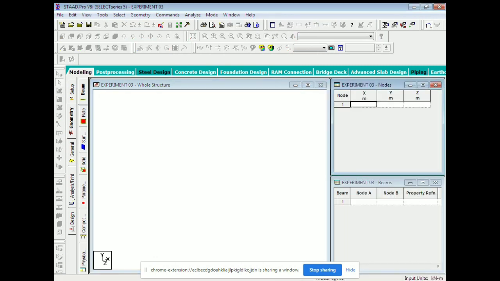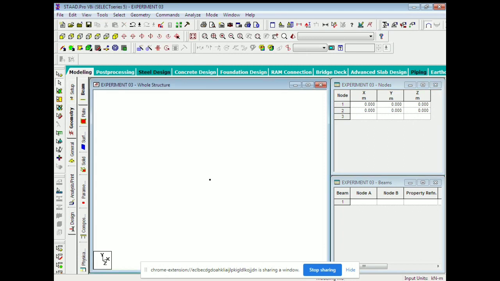Here you need not generate all the nodes as we generated in the continuous beam. Here we have to give only x-axis as 0 and y-axis as 5, because the y-axis is a 5 meter span. So generate only the x coordinate node and the y node. Later you can use the translate option, which is on the last toolbar at the top. You can see the cursor, I'm going to click there.